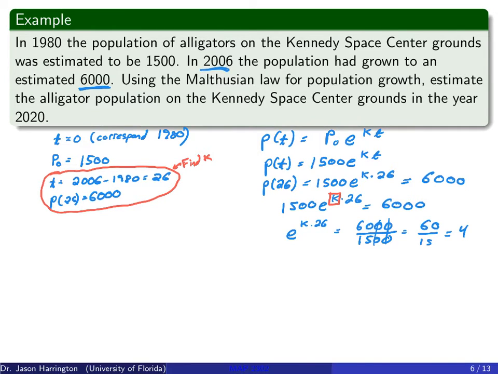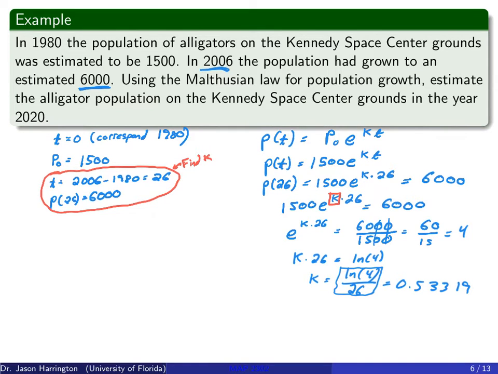All right, so if I take the natural log of both sides, I have k times 26 is equal to the natural log of 4. So that means that k is equal to the natural log of 4 divided by 26. And again, you could type this part into your calculator to see what happens. So for this, I get 0.053319. Now when you do these kind of calculations, the thing you want to do is sometimes just leave the natural log of 4 divided by 26 in the equation, and then just leave as much simplified form as you can so that you don't have any rounding errors at the end, because that's also a big issue some people have.